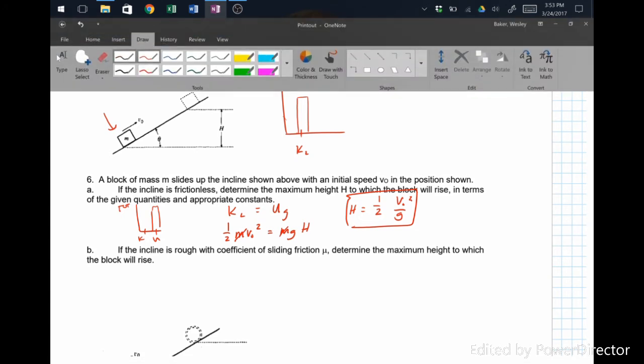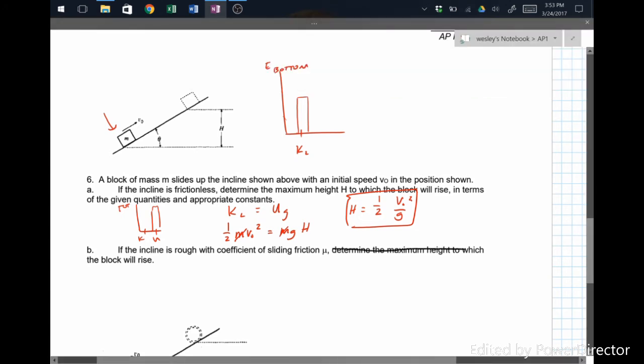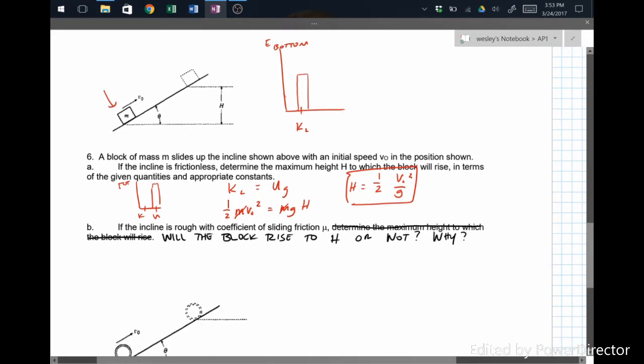Now, I'm modifying this question for you. Determine the maximum height to which the block will rise. And I want to ask, will the block rise to H or not? And then I want you to tell me why. So if you've already answered that part, pause and change to that. Will it make it to h? Will it go less than h? Will it go greater than h? And why? So if we look at the top in this case,